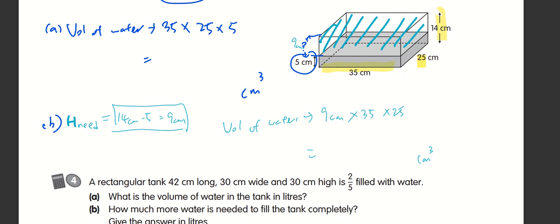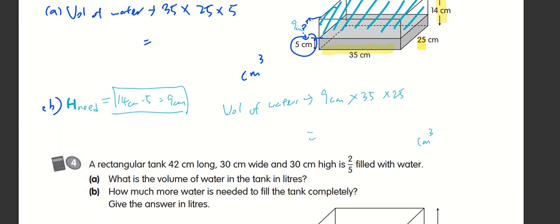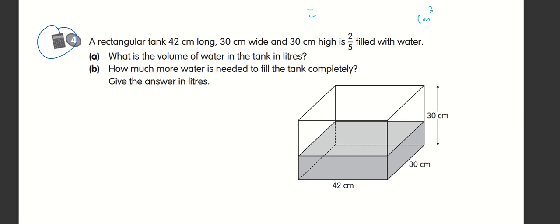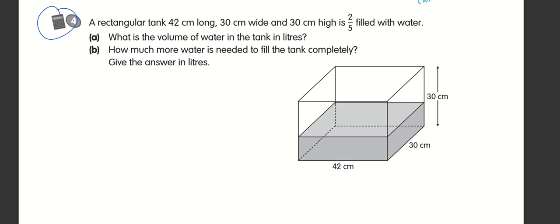Okay, moving on to the next question, the tank, a calculator can be used for this question. We have the fraction 2/5. So we have the measurements of the length, breadth, and height of the whole tank. Length 42, breadth 30, and height 30 centimeters. Now, volume of water in the tank already in liters. So we have to find the first part. So it's 2/5 filled with water. So volume of the water will be